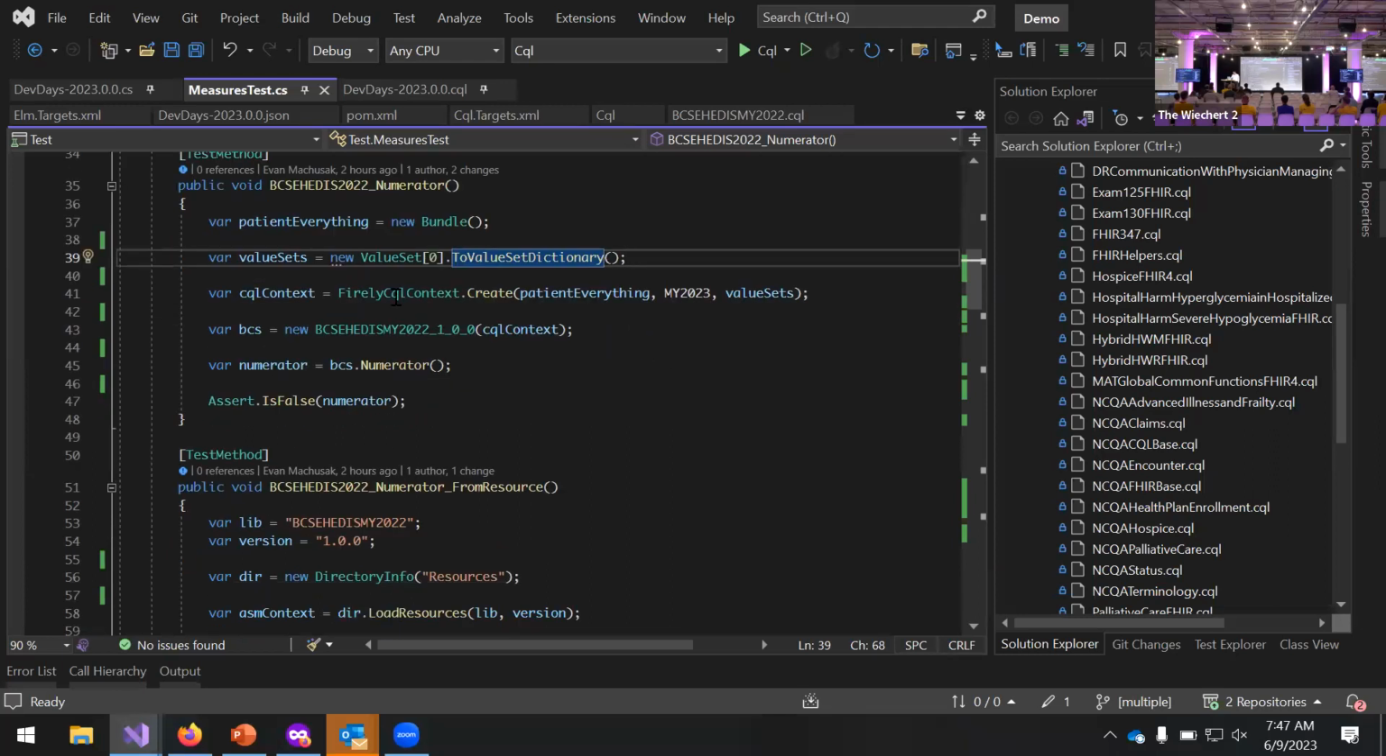So we have an object that we call a context. It's a CQL context. This is the object that contains all of the information you need to pass in to the runtime to be able to execute a measure that you've created this way. So there's a helper factory function in the Firely SDK. This naming is subject to change. We might just drop the Firely part and just call it CQL context, but this is one of these situations where it's in preview. So you can pass in a patient everything bundle, and you can pass in the parameters,